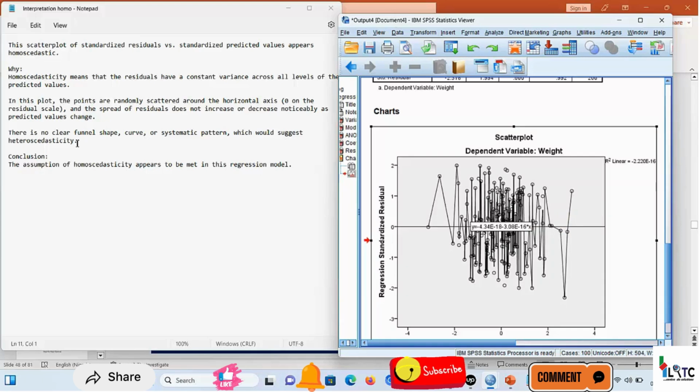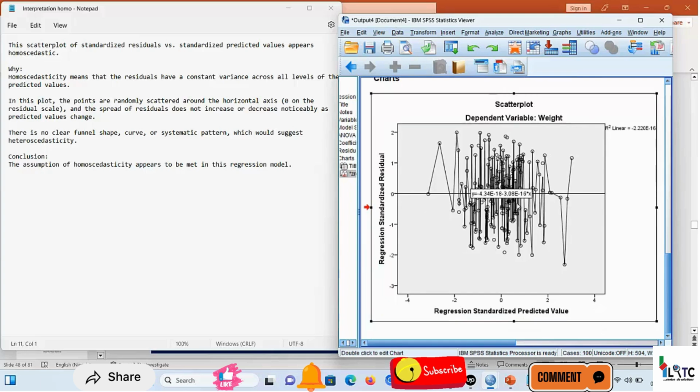So in conclusion, the assumption of homoscedasticity appears to be met in this model, and once this assumption is satisfied, we can now use, or I can now use, a parametric method. So now if you are doing your analysis and you are able to come up with this type of scatter plot, I can assure you that nobody will doubt the outcome of your study if you make use of a